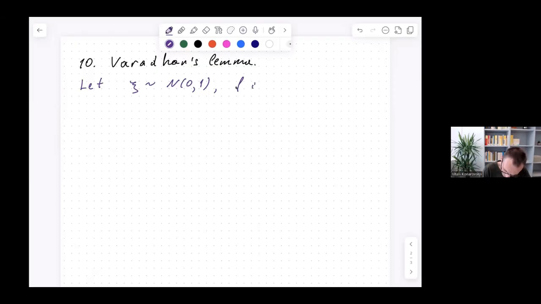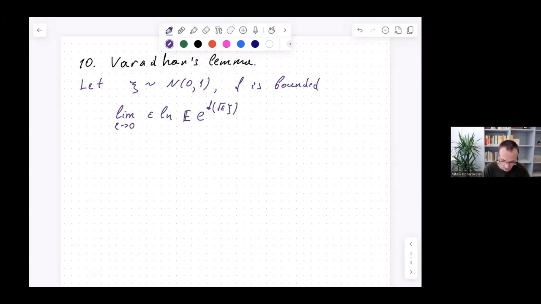And let's consider, like in the large deviation principle, the limit epsilon goes to 0 of epsilon logarithm, but instead of probability, we will write the expectation of e to the power f of the random variable xi multiplied by square root epsilon,